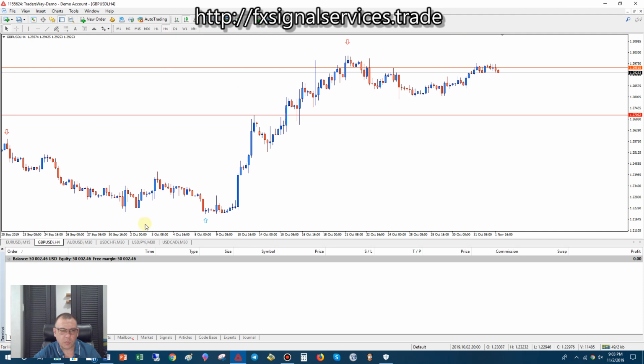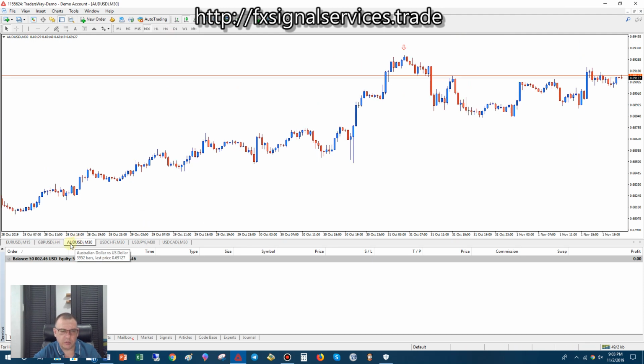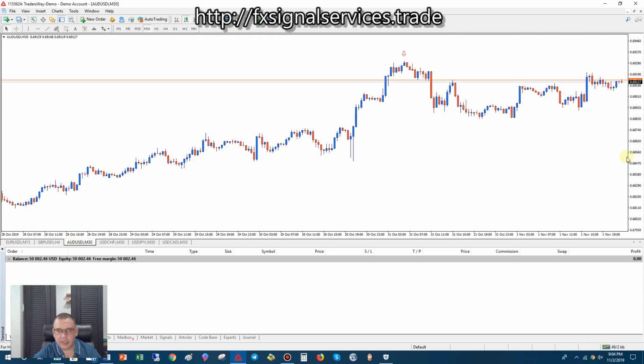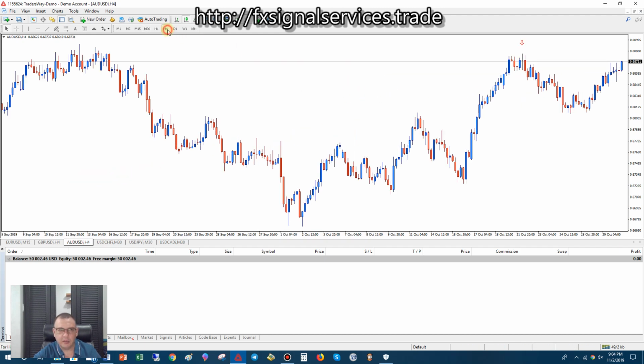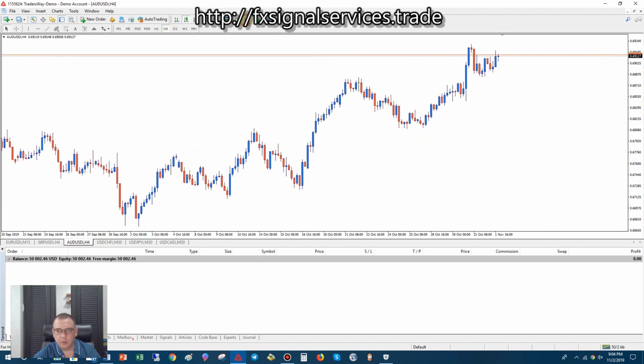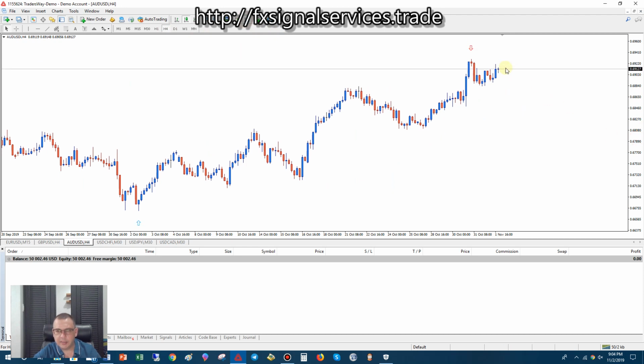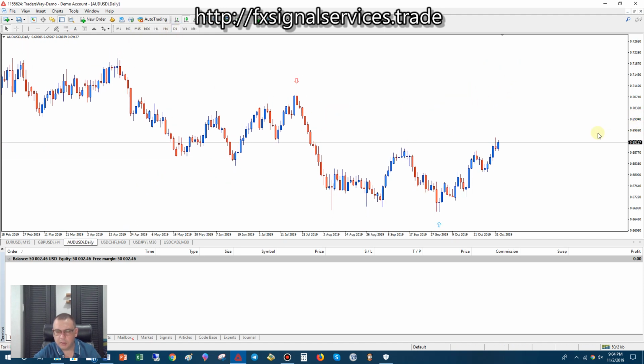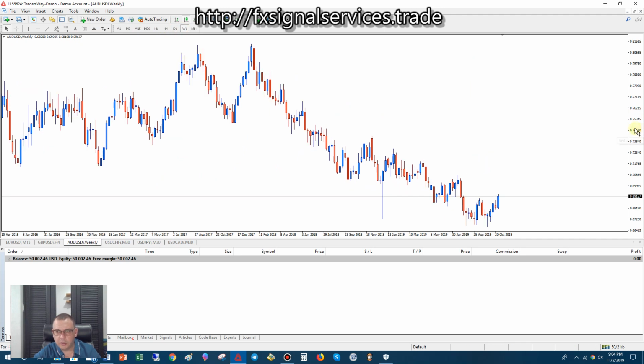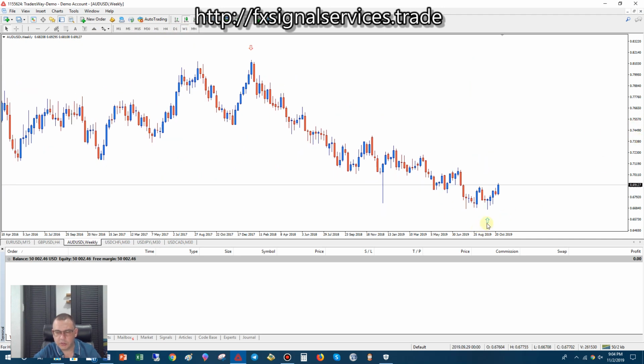Moving to Australian dollar, US dollar. Same scenario. The price had come up and it's pretty much tapered off. If we look at the higher time frames, we see that it's hit this level of resistance, but it's slowly working into an uptrend. The daily and weekly showed that strong signal to buy, and it's already been going up,